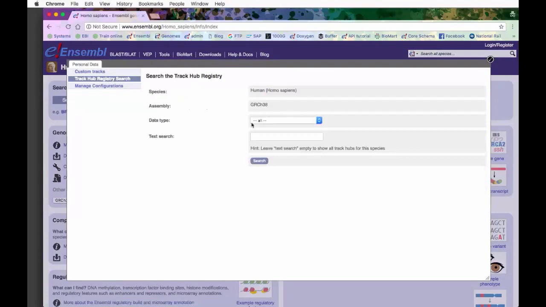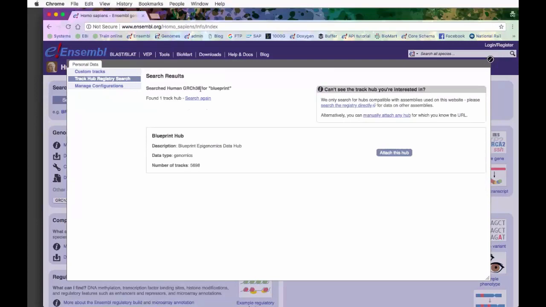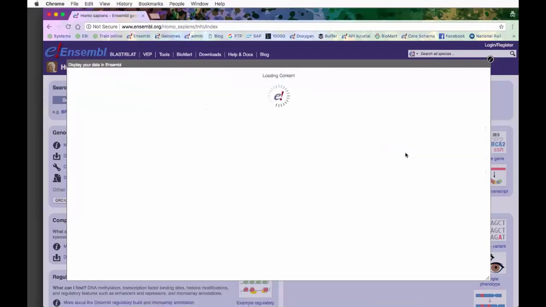So what I can do is I can search for data that interests me. So if I search for blueprint, it actually tells me that there is a track hub, so I can attach this track hub. So this will now display the data from blueprint in the genome browser. So if I now click on this configure this hub,